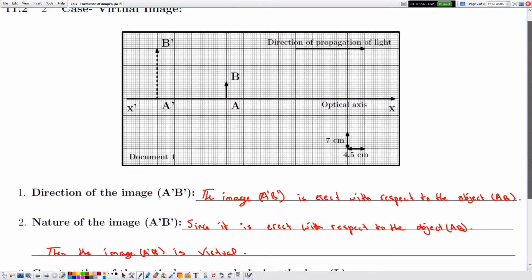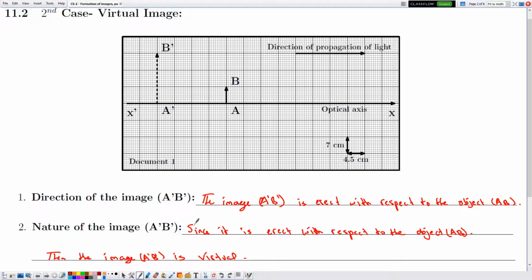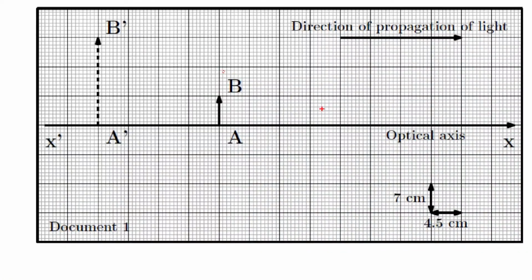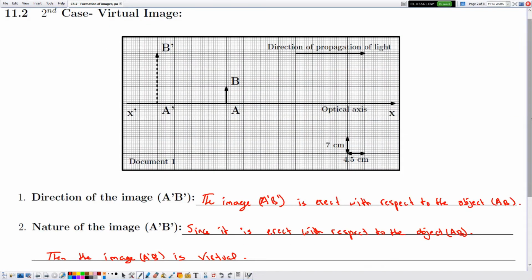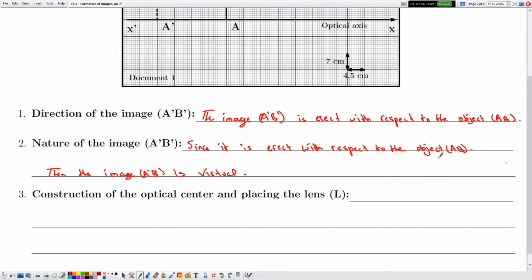Also here we can give the same remark. We cannot say that the image is virtual because the image and the object are on the same side, because yet we don't have the position of the lens. And now in number 3 they are telling me construction of the optical center and placing the lens L, and